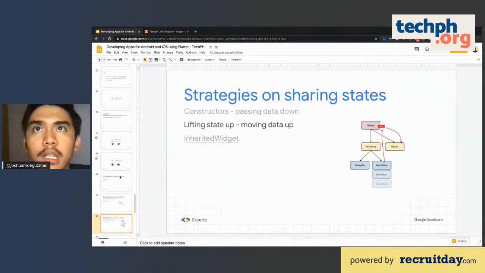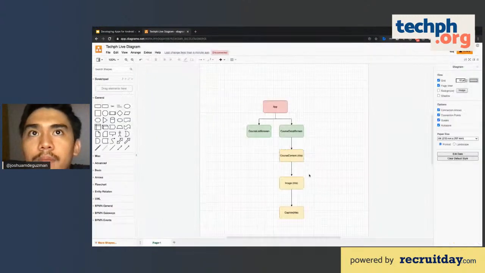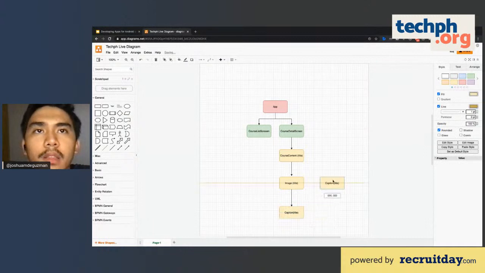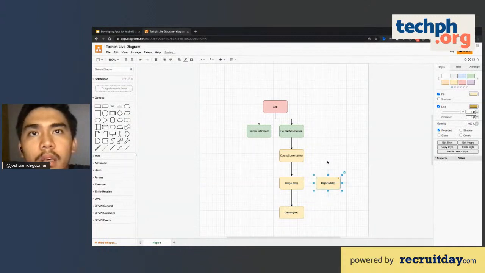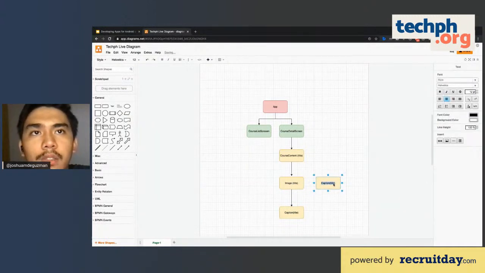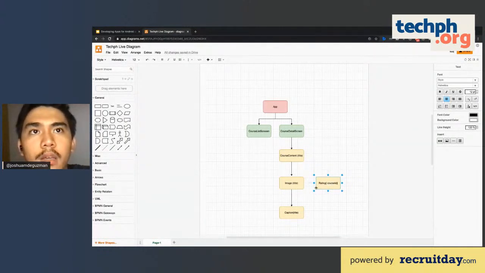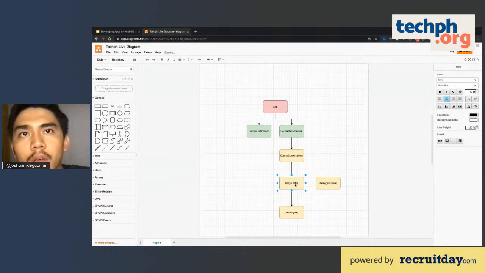Another strategy is lifting the state up. Lifting the state up is just moving the reference to the state above the tree that needs it. So for example, if this needs an image comment rating, this needs a course ID, and this just needs a title.